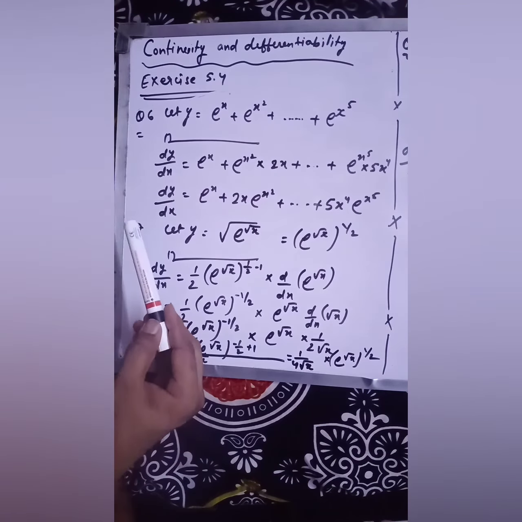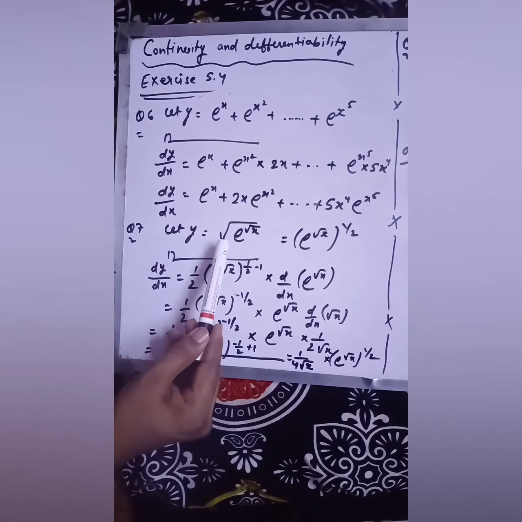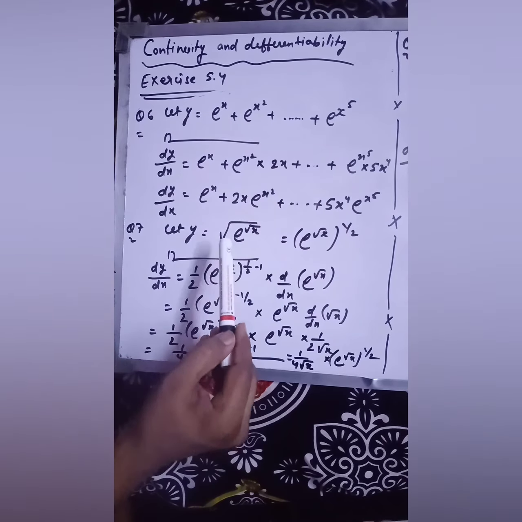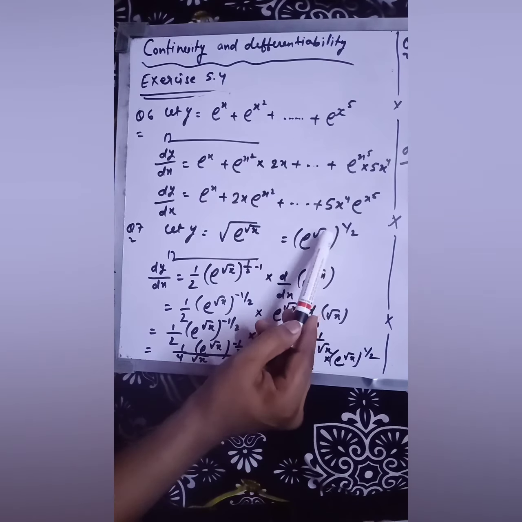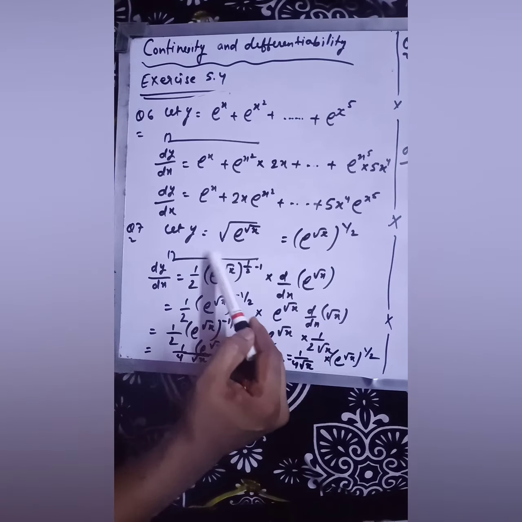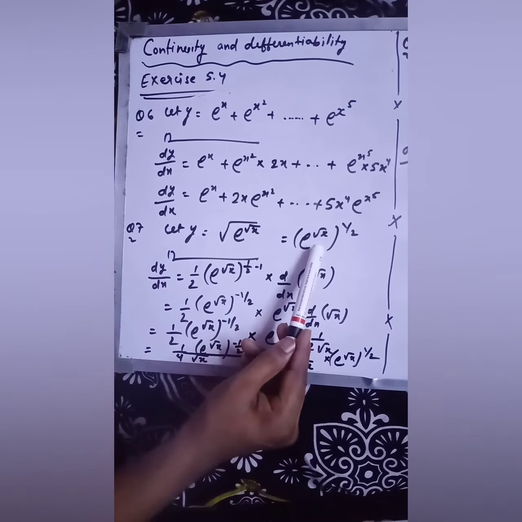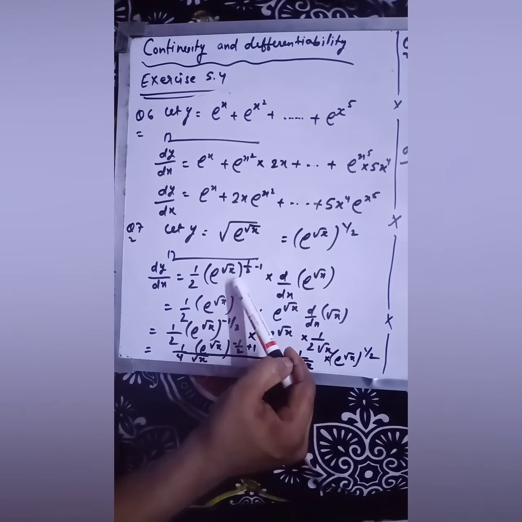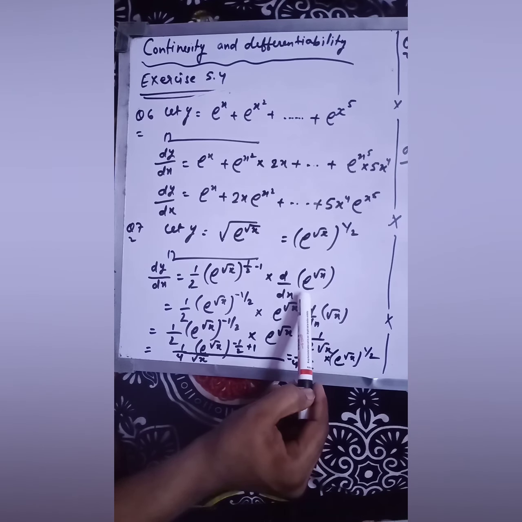Now this is question number 7. Here y is equals to e raised to root x, and this whole root within root. So I am writing this like this. Okay, this root I can write like this, raised to power 1 by 2. Again you have to differentiate both sides with respect to x. So dy by dx, and in this first the power will come first, and then you have to subtract 1 from the power like this. This is half minus 1. Then into the derivative of this function e raised to root x.